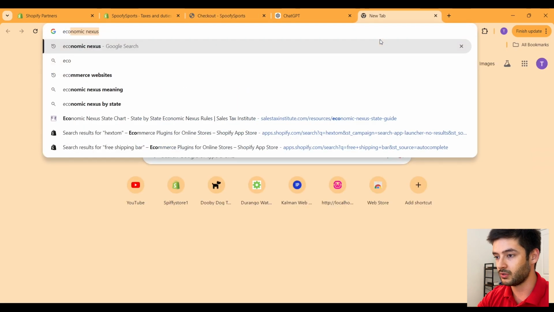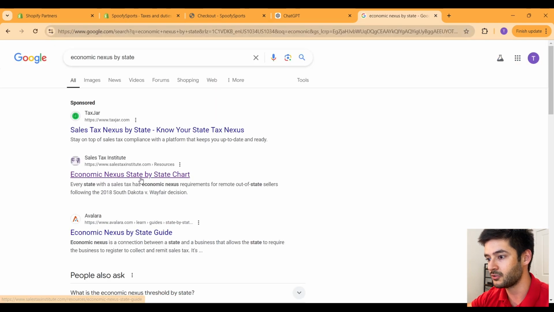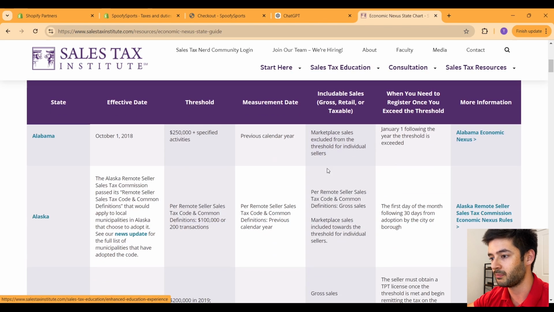So what you guys want to do is navigate to economic nexus by state. Go ahead and click on this one by the Sales Tax Institute, and this is going to show you the requirement for paying taxes in your particular state. For example, Alabama is going to have a different threshold from Alaska. You guys can see the threshold here is if you sell $250,000 plus specified activities in a calendar year. If you're selling something to someone in Alabama and your business is located in Texas, until you meet this particular